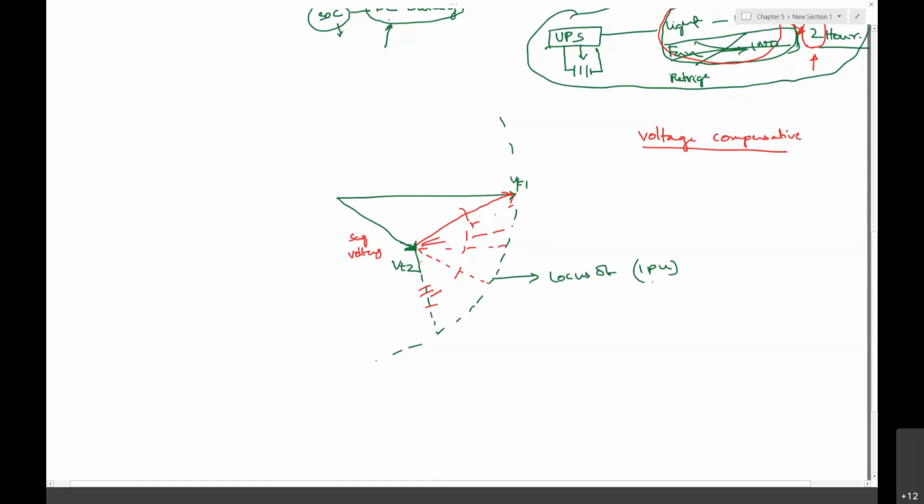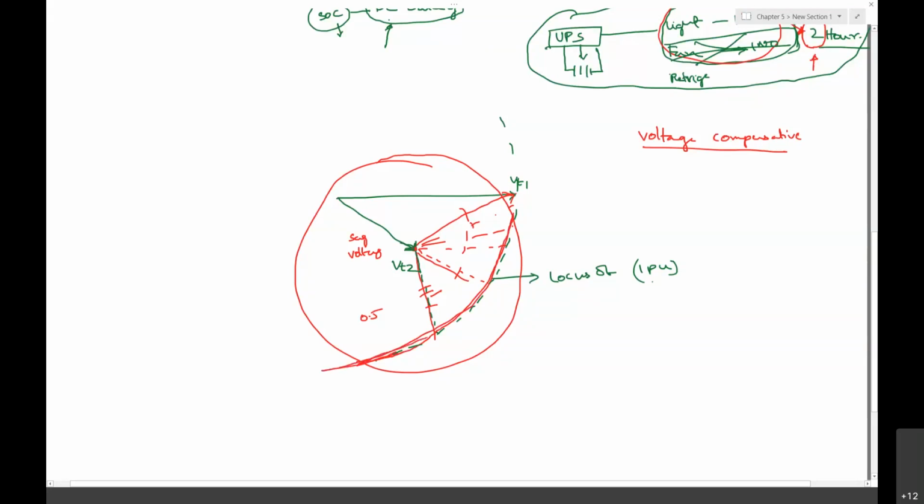The voltage injection by the series active power filter is possible because once you draw the locus of 0.5 per unit, taking this as a center, we get this particular circle. It has a possibility to attain this particular value alone. The possibilities of reaching a nominal voltage of 1 per unit are by this method, or by this way we can inject, and this way also the injection is possible.